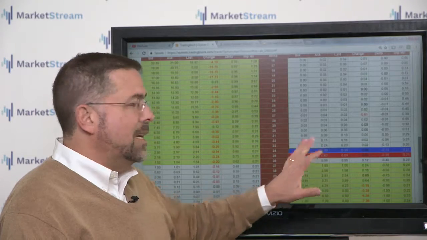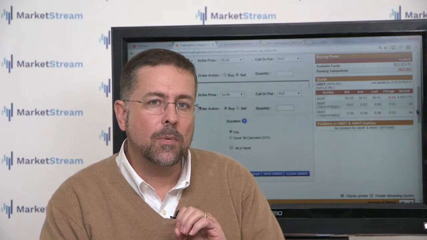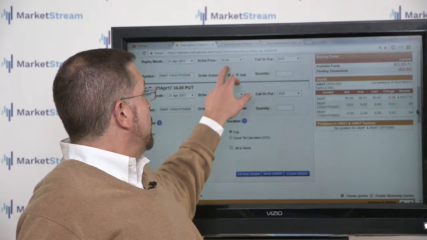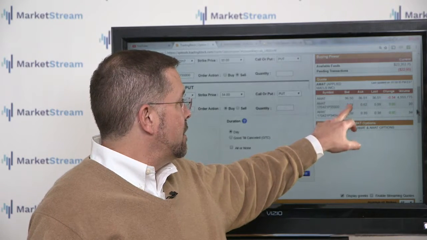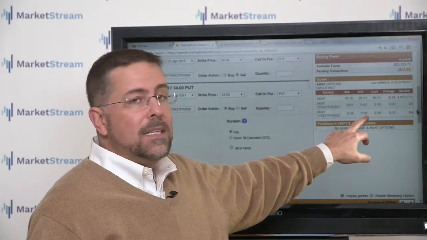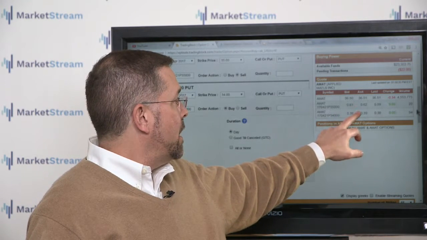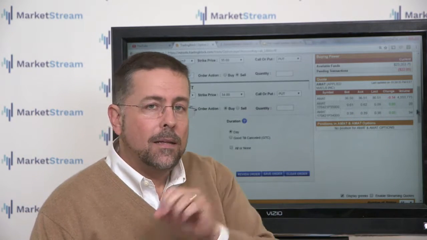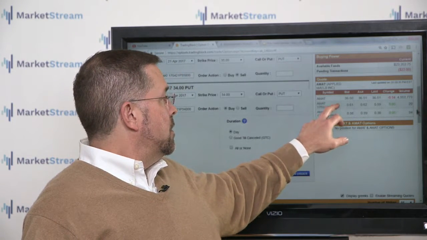around 39 cents. Now, there's a little bit of a rub here that I have. There's one other rule that I have with credit spreads, and that is the difference between the strike price. In this case, the difference between 35 and 34 is $1. Now, if I sell these at 61 cents and buy these at 39 cents, okay, that means that my total credit is 22 cents. That's a problem for me because when I look at this spread, the minimum credit that